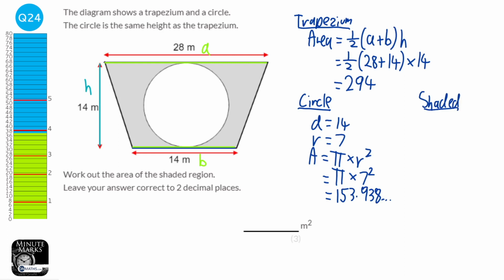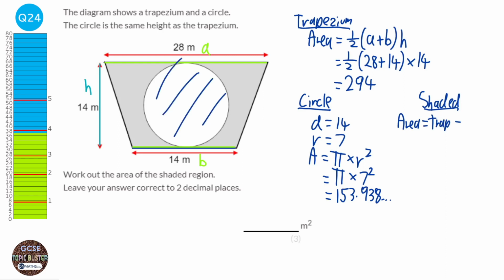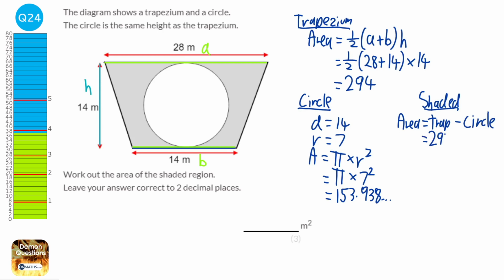And it says we want to work out the area of the shaded region. So the area will be the total area, which will be the trapezium, take away the area that we don't want, which is this bit here, which will be the circle. So the trapezium's 294, the circle's 153.93, and so on. And when you do that, you get 140.061, and so on. It says it wants it to 2 decimal places, so it would be